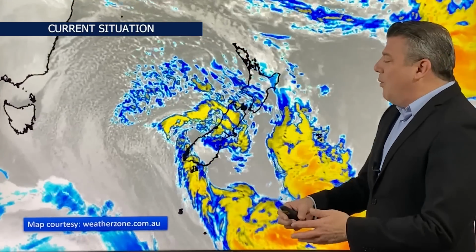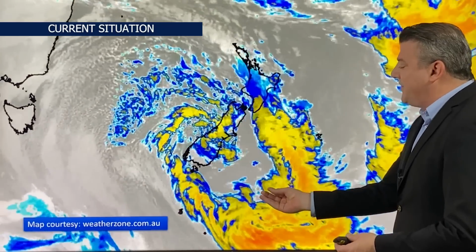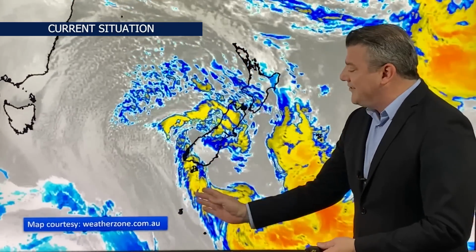While we're still tracking this storm in the New Zealand area, a couple of things. The centre of the storm is now slowly starting to move away from New Zealand. However, it's also deepening at the same time, which means we won't really notice across Monday that it's moving away. So the centre is down here, slowly being pulled southeast away from the country, and there's a southerly change